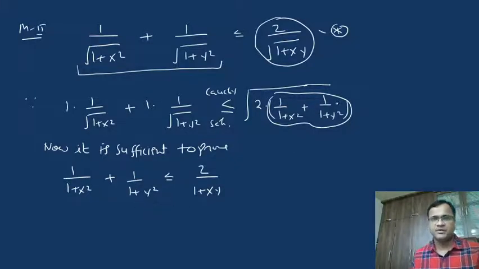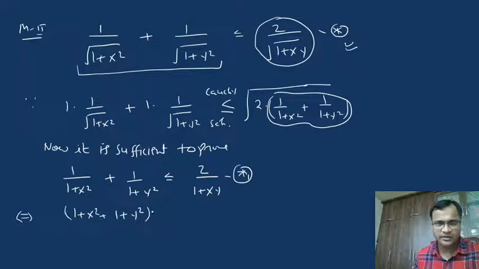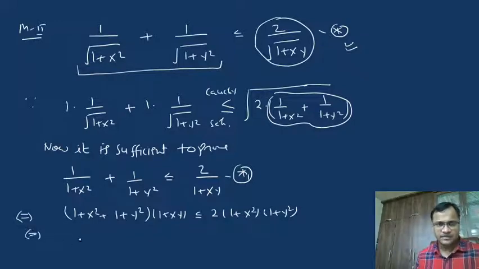Okay, now in order to prove the inequality star, we have to prove star 1. Okay, now it is equivalent to prove (1 plus x square plus 1 plus y square) whole into (1 plus xy) is less than or equal to 2 times (1 plus x square) into (1 plus y square),